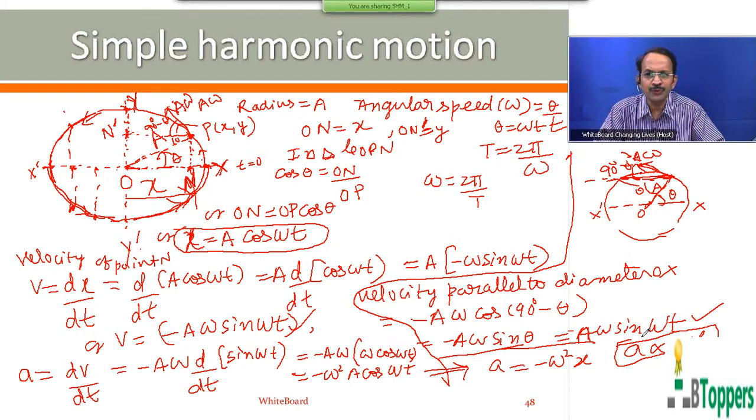That means, in general, if a particle moves in a circular path with uniform angular speed, I mean performs uniform circular motion, the projection of the particle on one of the diameters is simple harmonic, and the time period of oscillation for the simple harmonic motion along one of the diameters is the same as the time period of revolution for the particle in uniform circular motion. Then there is this expression for acceleration by an alternate method, by considering the component of the centripetal acceleration of the particle in uniform circular motion parallel to one of the diameters. I consider that method also.